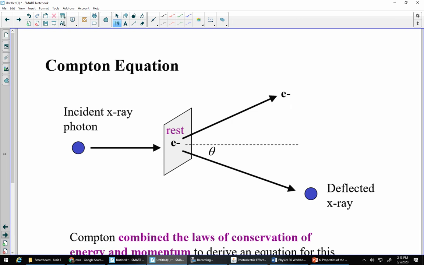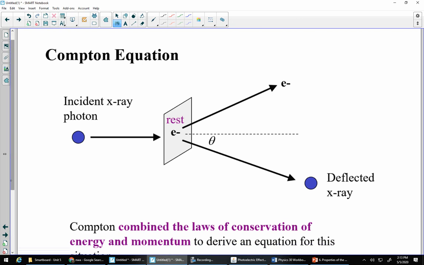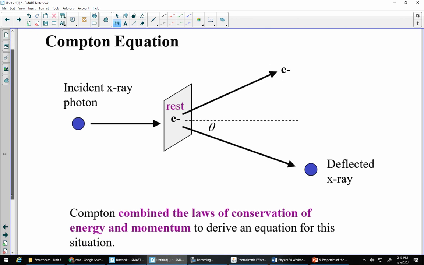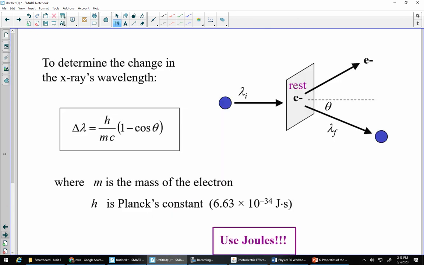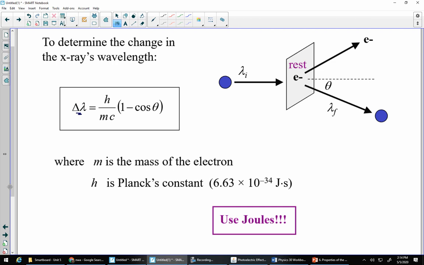So again, he combined those two ideas, and you do need to be able to deal with each of those independently, and we'll look at an example soon enough. But he combined them to come up with his equation. Here is his equation. To determine the change in the X-ray's wavelength, so here we have the change in the X-ray's wavelength, it is h over mc times 1 minus the cosine of theta,